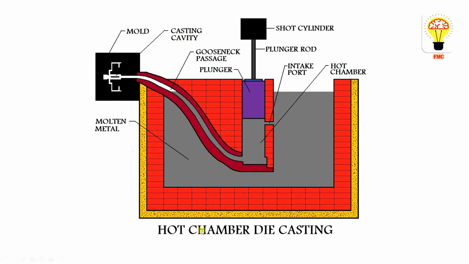What is hot here? We have the molten metal over here, so we need to make a furnace an integral part, so it can produce heat. So molten metal is available 24/7. When the plunger rod is pushed on the short cylinder, some material from this gap, the intake port, will rush to this place, and as it is pressed over here, it will go and fill this mold gap.